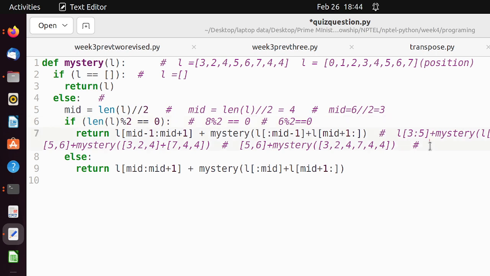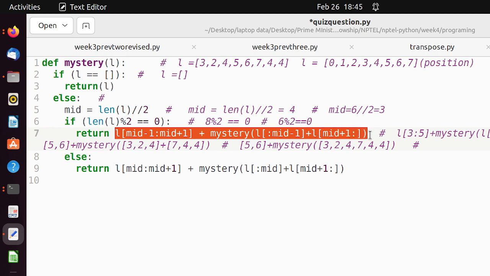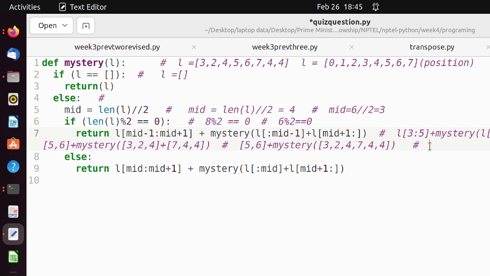So we go to the next line, this whole line will be executed. The line is like L. Now my new L is this one. Now I am taking L from mid minus 1, that means 2 to 4, not 3, 2, right? 4, right? Then mystery,